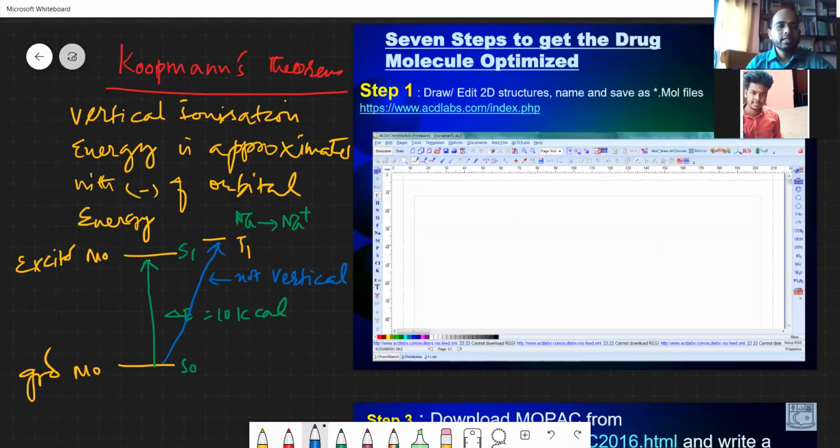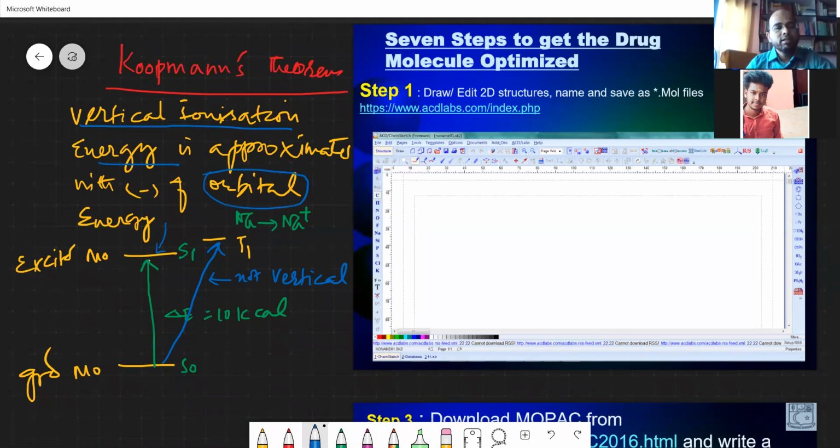The vertical ionization energy is direct removal of an electron from the last shell of any atom, without the influence of any effects such as minus I effect, electronegative effect, plus I effect, plus R effect, or mesomeric effect. We have seen so many effects. Without the involvement of these effects, if you directly remove an electron, it's called the vertical ionization energy. And that vertical ionization energy is equal to the orbital energy of the particular orbital.